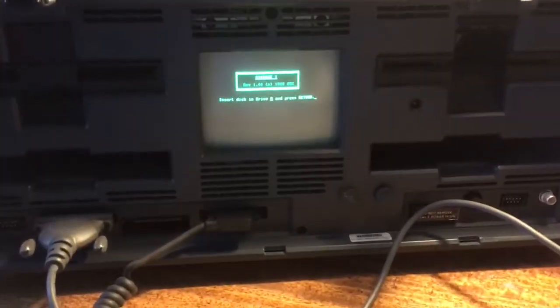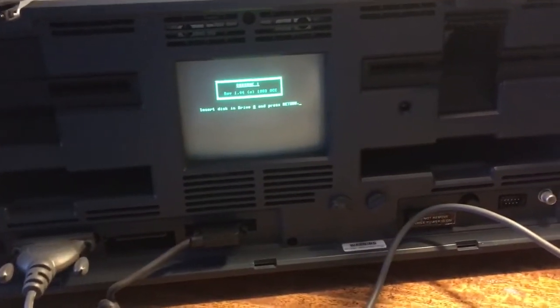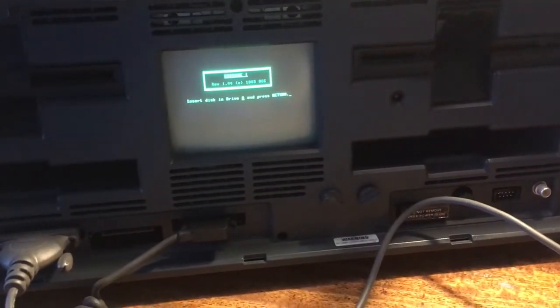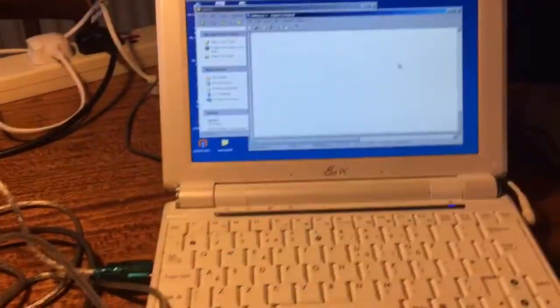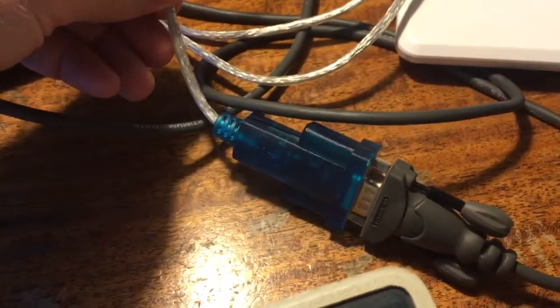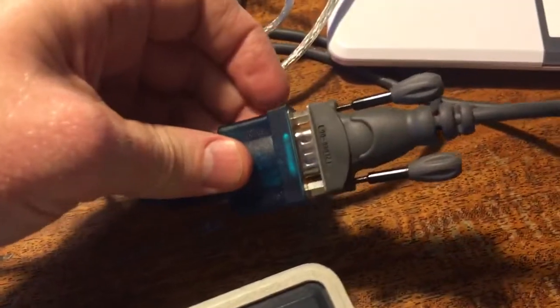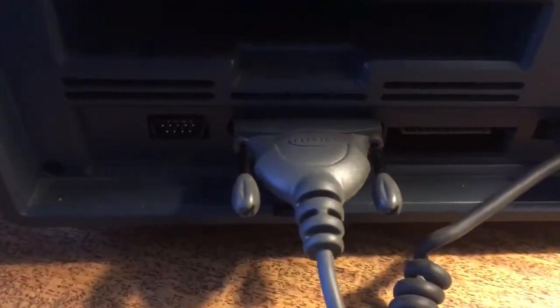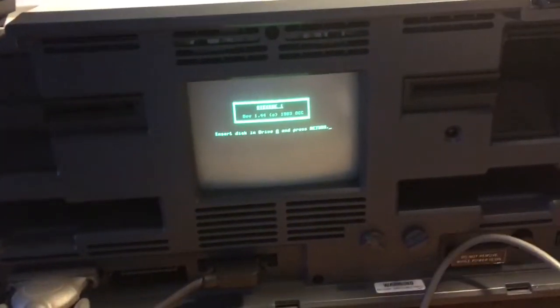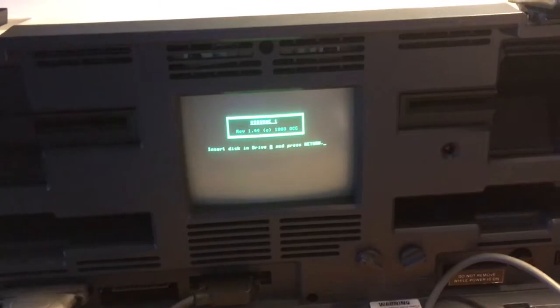So here's my restored Osborne 1, and I've just been testing out transferring files over by RS232. Over here we've got my trusty old netbook with a USB to serial converter and a straight through wired DB9 to DB25 modem lead, not a null modem lead, plugged into the Osborne. So if we boot up into CPM,